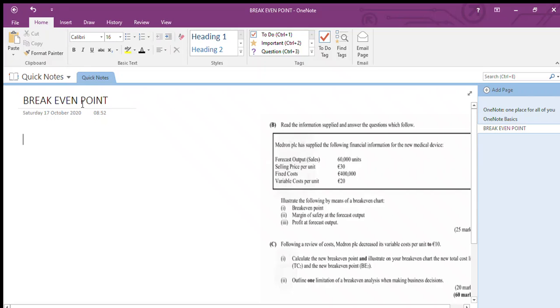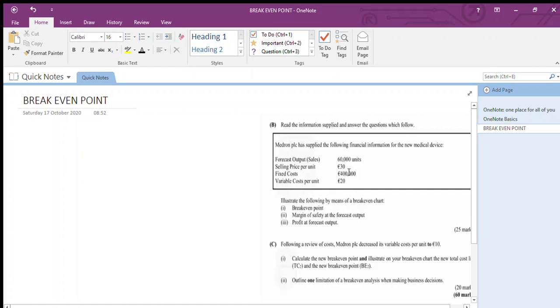This is the break-even point analysis question for Medron PLC. In this question, you're asked to draw a break-even chart. You're asked to show all the information here, and then we have a change to the information given in the question, and we've defined the new break-even point and new cost line, and with a little bit of theory at